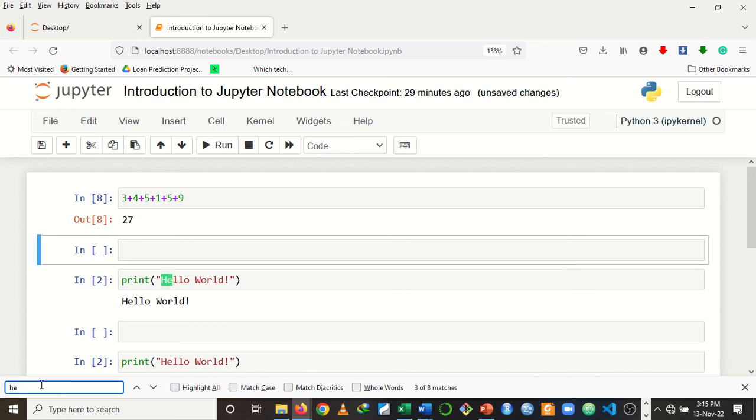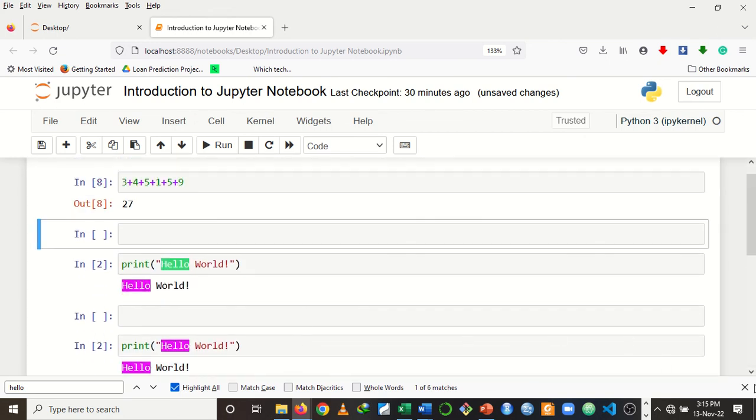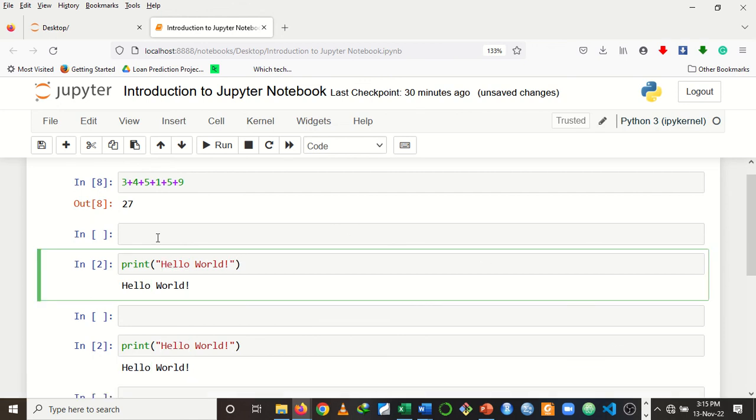Okay, so Ctrl F allows you to find it, but it doesn't let you replace. You just highlight to show you where you have hello. I can just click on highlight all, and you realize that wherever we have hello, it's been highlighted. Okay, that's it. But if I want to find hello and replace it with another word, then I will go to the